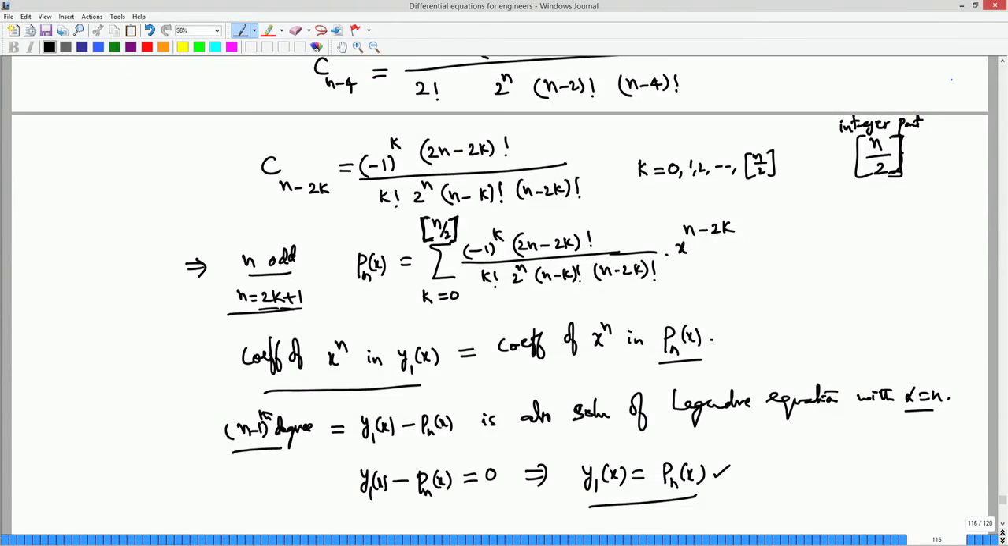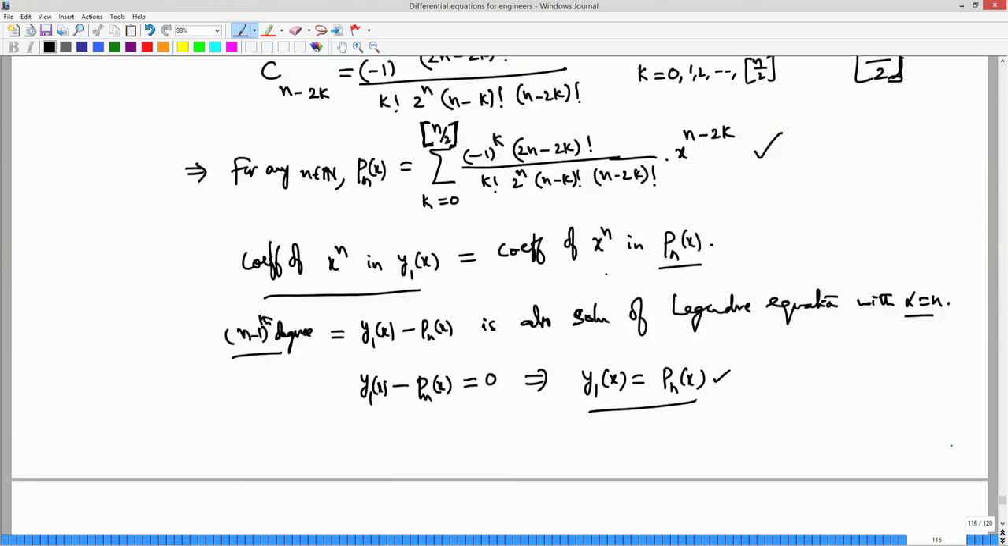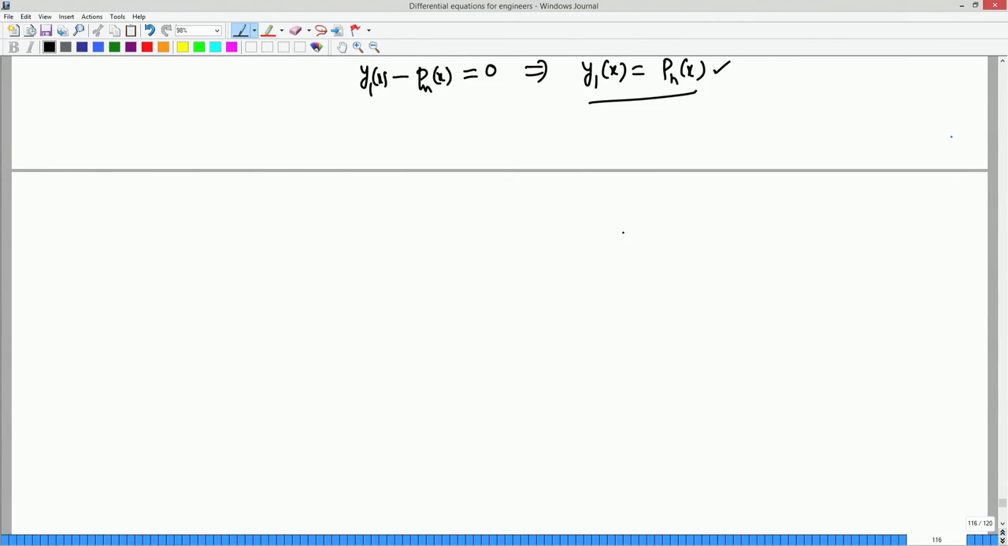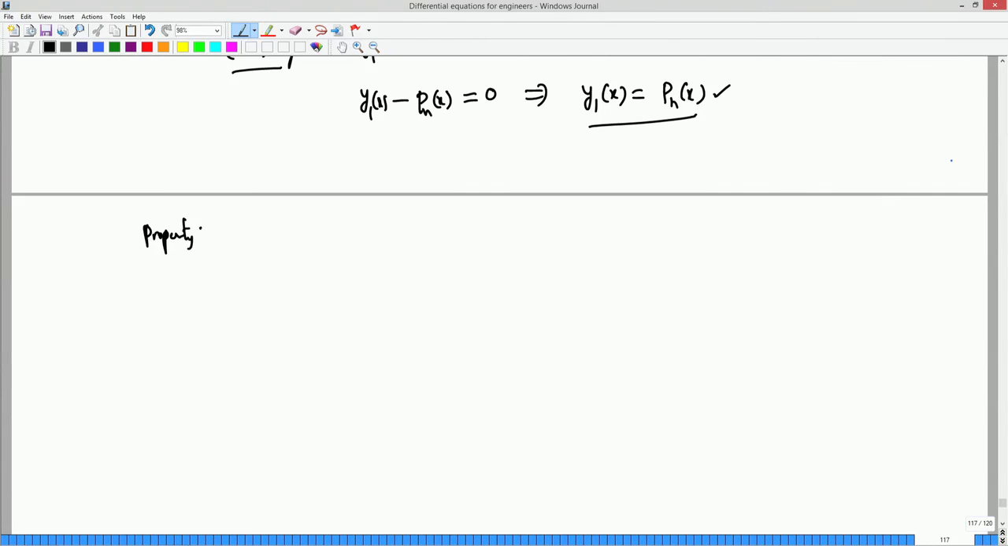Okay. So, in any case, this is what is the case. For any n natural numbers, you have Pn is this. So, this is the formula you can also use directly to calculate these Legendre polynomials. Okay. And one more property I give you now is just